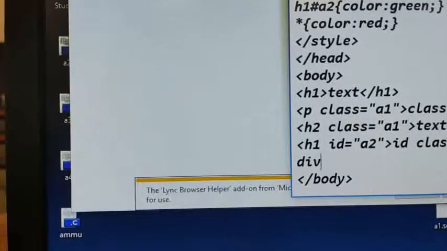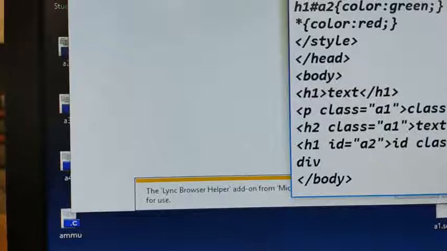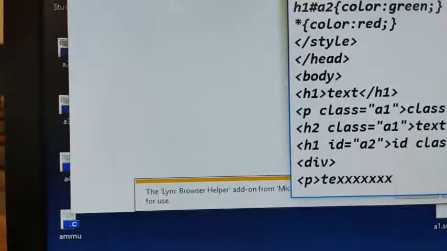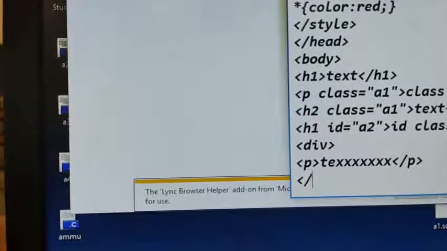Division, inside the division whatever paragraph is there, you want to give it some color. So here you give the div. Inside the division we have a paragraph, here I am giving a text and I am closing the P. After closing the P you close the division.